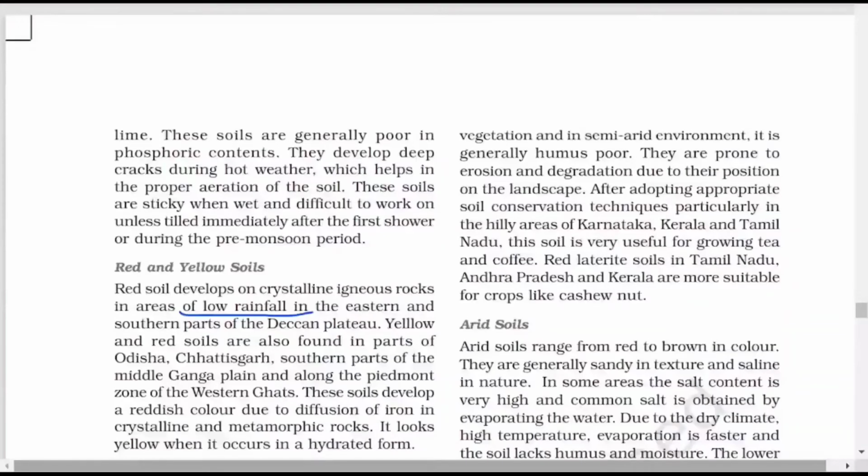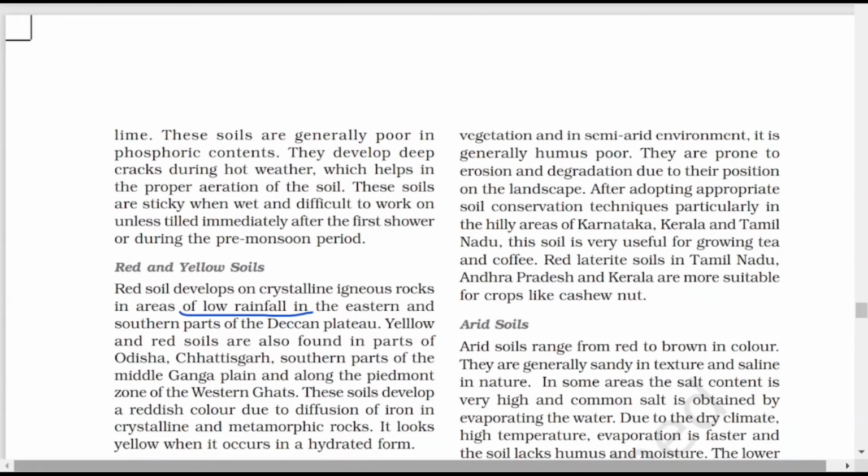Now what is given here? Wherever this type of soils are there, ups and downs are there, hills are there, then erosion will be more, degradation will be more, and when rain is there, whatever little thin layer of soil is there, it will take away. So these soils are more prone to erosion and degradation because of the landscape. Landscape is the top layer. It is not a flat area. It is undulating. It is a hilly area where rough rocks are present. So these soils are more prone to degradation.